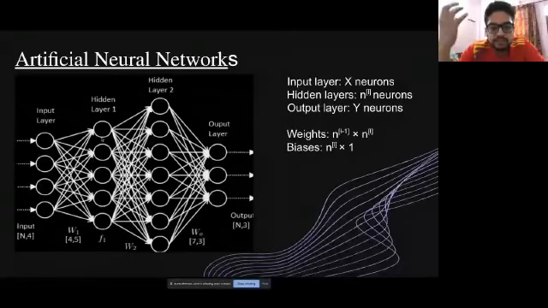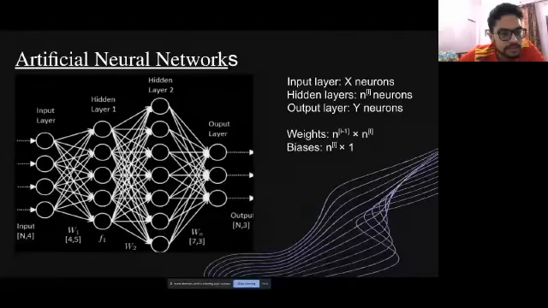If a feature has more power, it affects the output more. So that's the reason we assign different weights to different features. So these connections you can see right here, you can think of them as weights. So let's look at the notation over here. So this is the hidden layer. So when I talk about the superscript L minus 1 into N superscript.